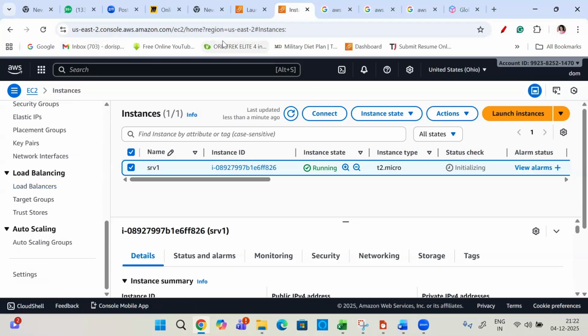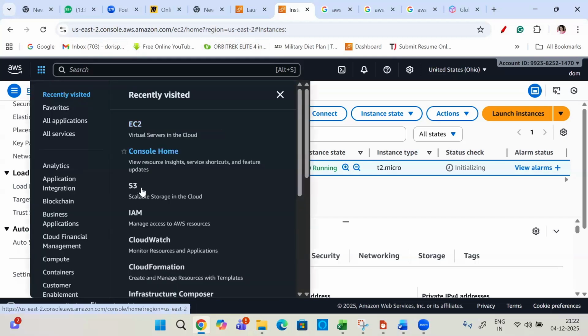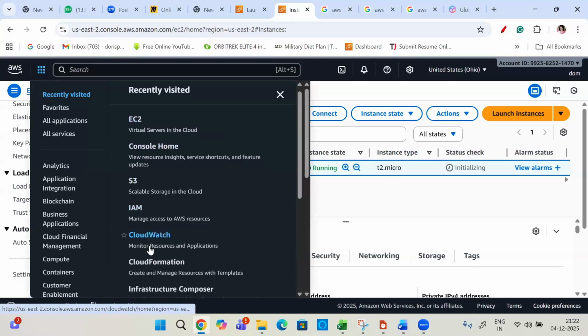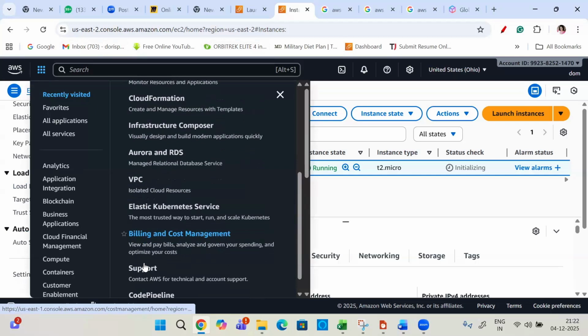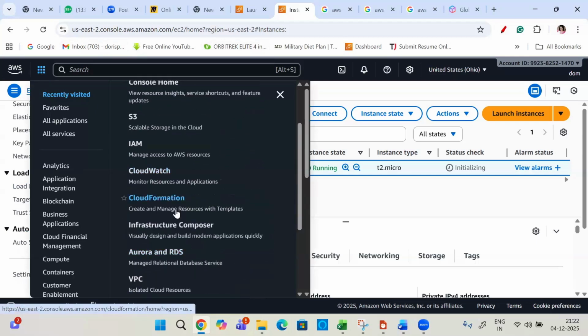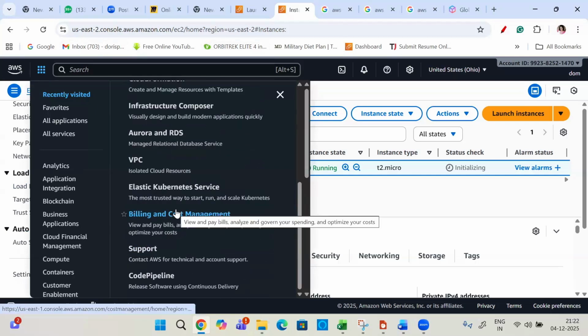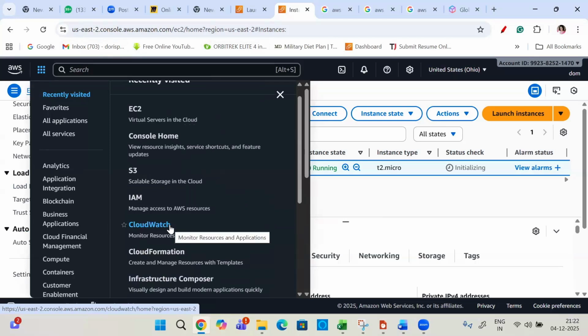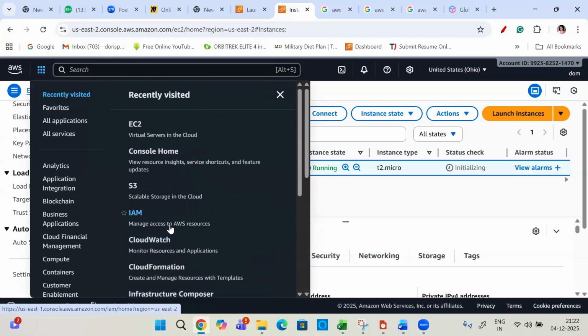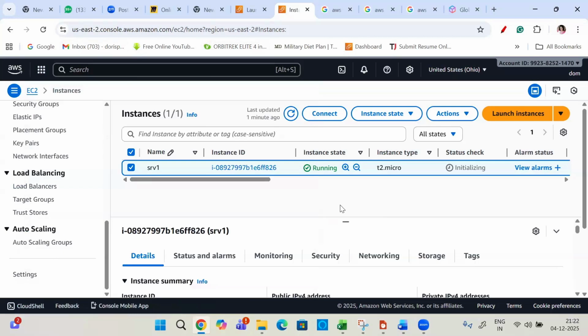We have more than 20 services, like EC2, S3, IAM, CloudWatch, CloudFormation, database, RDS, VPC, and the Elastic Load Balancer. Like that, we have multiple services which will be working on the actual free tier account. So just for your understanding of how we are working, I showed you.